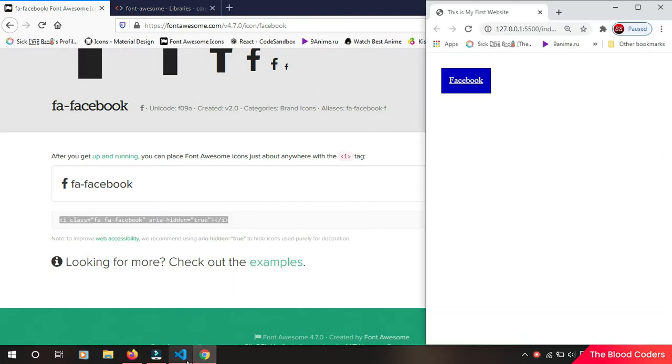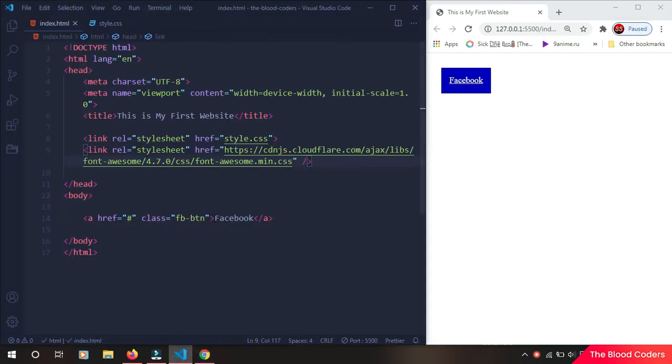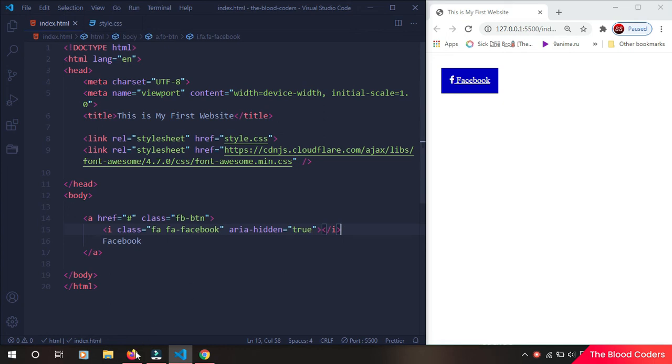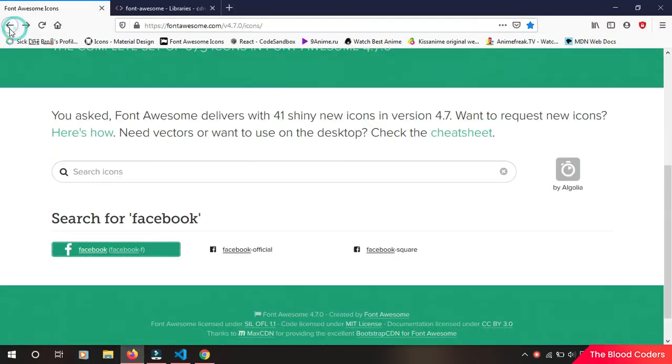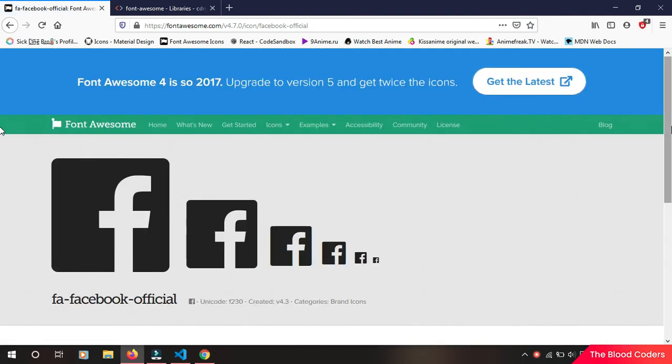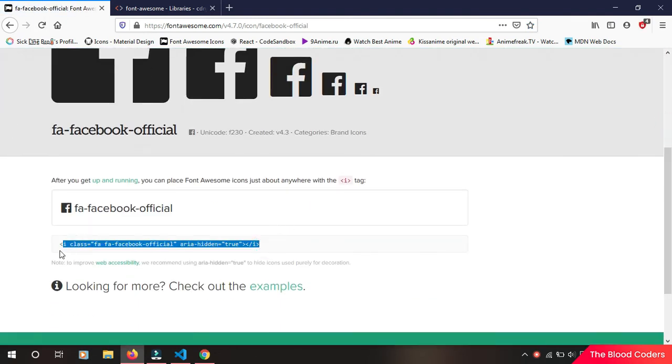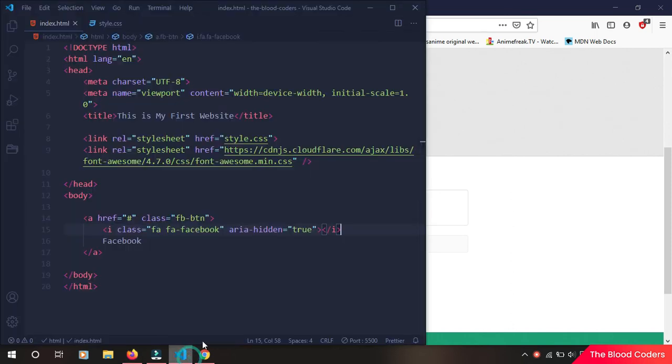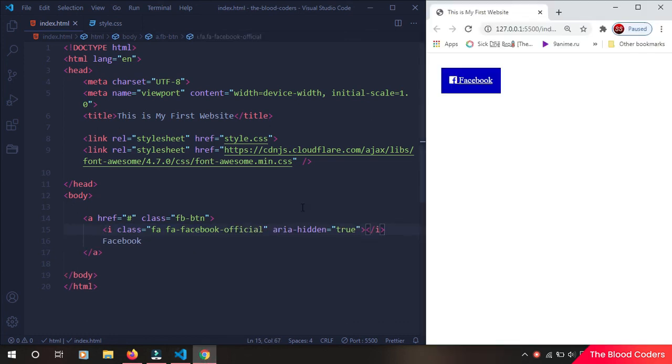Now we will go back to the VS Code, and I will write it in multiple lines so that you guys can easily see. Okay, so our icon is already here, but this one is not looking so good, so I'm going to change to this one. Just replace this with that new one. Now this is looking awesome. I'm going to get rid of this